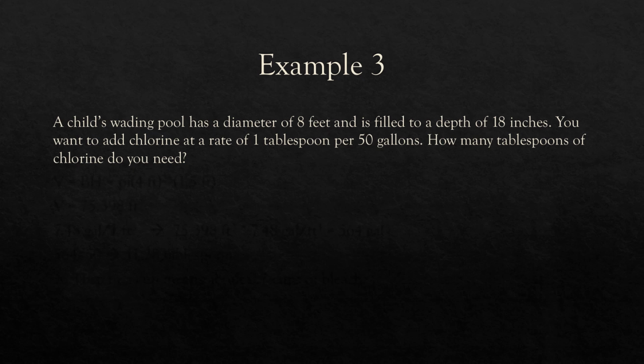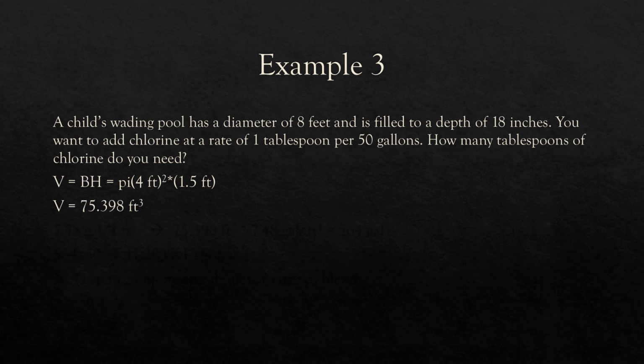First, we need to calculate the volume. The volume is the area of the base times the height, because this is really just a cylinder. We have pi times r squared, which would be 4 since the diameter is 8. And then our height is 18 inches, but we need to put that into feet. So that's 1.5 feet. We have pi times 4 feet squared times 1.5 feet. So that volume is 75